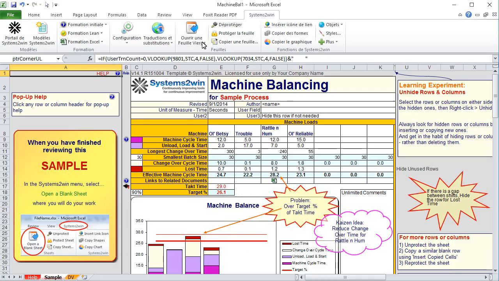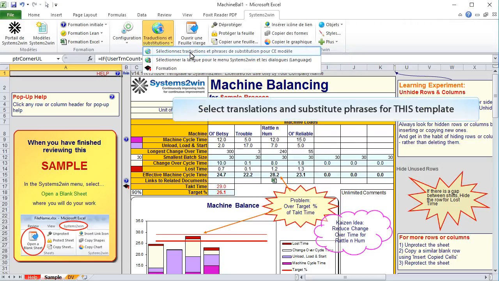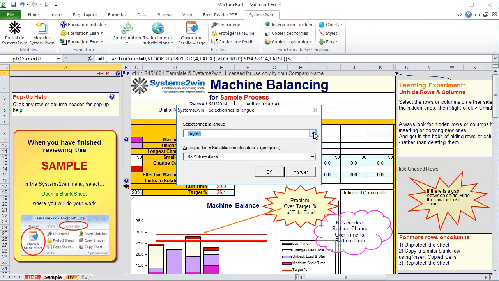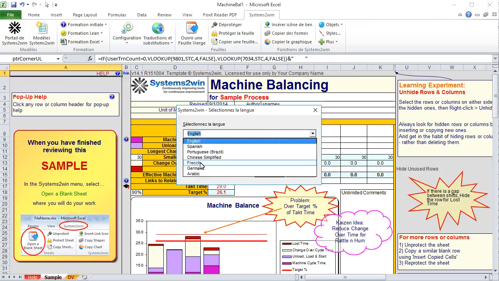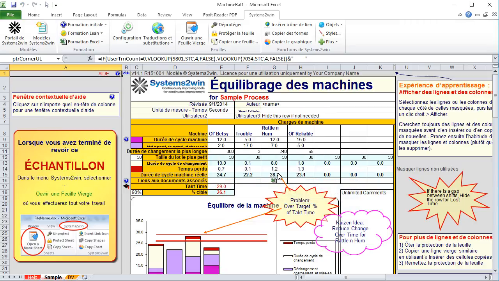indecipherable. Now, when you select Translations and Substitutions in the Systems to Win menu, and then select the first menu item, which is Select Translations and Substitute Phrases for this template, then if your company has purchased any language translations, you can choose your preferred language, and when you click OK, voila!